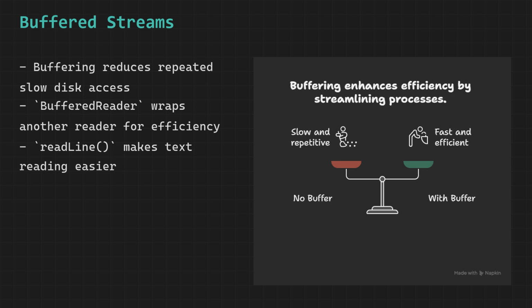You would be making hundreds of trips back and forth and it would take all day even though the total amount of data being moved is not that large. Buffered streams solve this problem by introducing a middle layer between your program and the hard drive. Think of it like giving you a wheelbarrow. Instead of going back and forth to the hard drive for every single character, Java first fills up a large area of memory called a buffer.